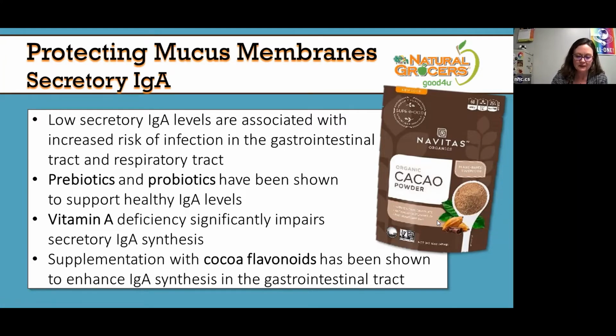But the cocoa flavonoids have been shown to enhance IgA synthesis in the GI tract. So getting an organic, healthy cocoa powder and experimenting with some fun, healthy recipes can be good for your immune system. Although I'm not endorsing Hershey's chocolate or Halloween candy, the healthy cocoa powder is, you can make your own hot cocoa or make a cocoa smoothie,